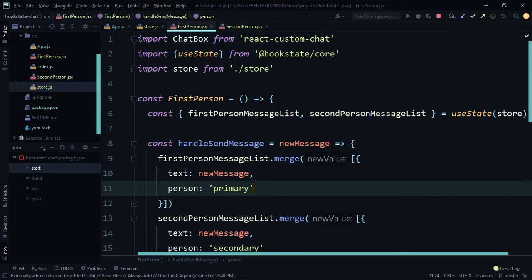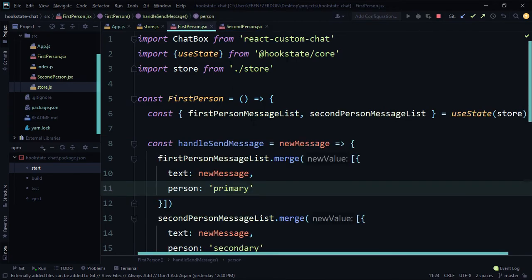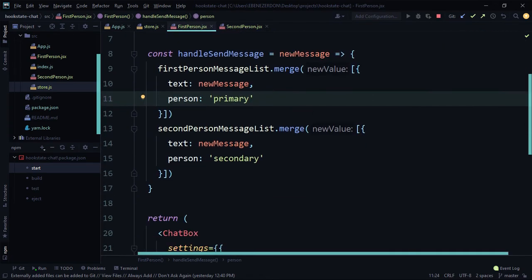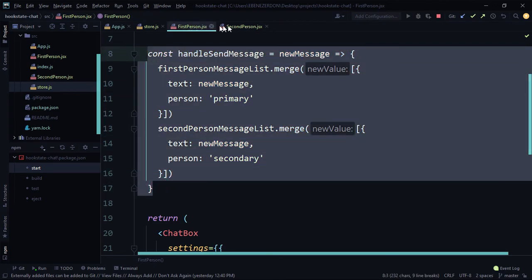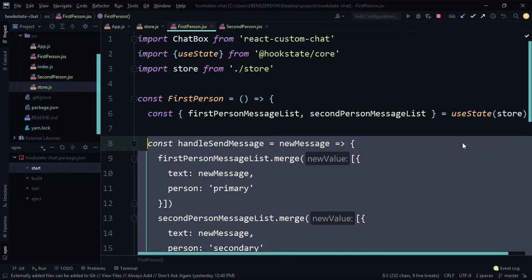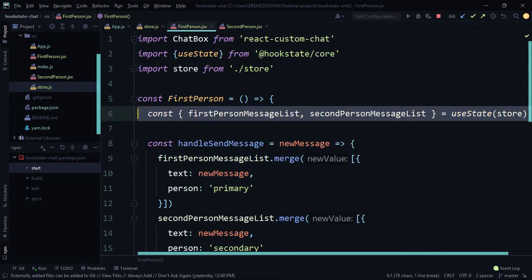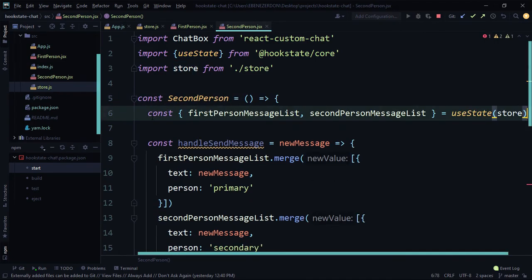But that's not all. If we go back to the second person component, you see that we're still using message list. So we want to do the same thing for the second person component. Let's copy the handle send message function and we'll paste that in the second person component. And we also want to copy line 6 and replace that with what we currently have in the second person component. We'll paste it right there on line 6, and we have a first person message list and second person